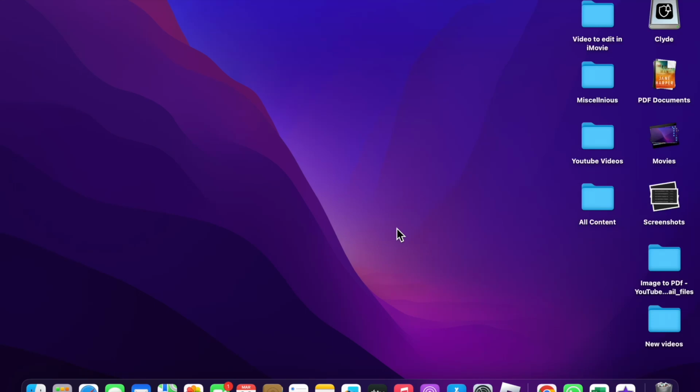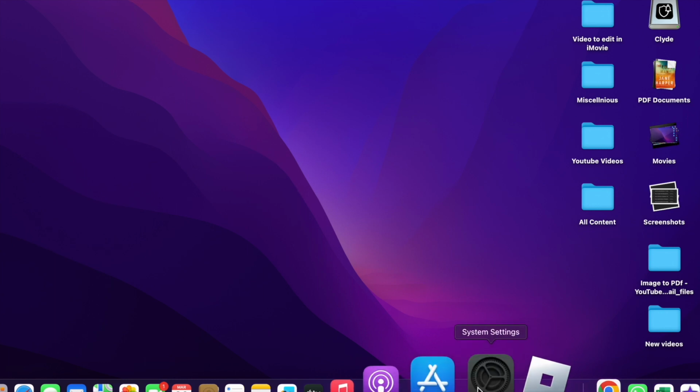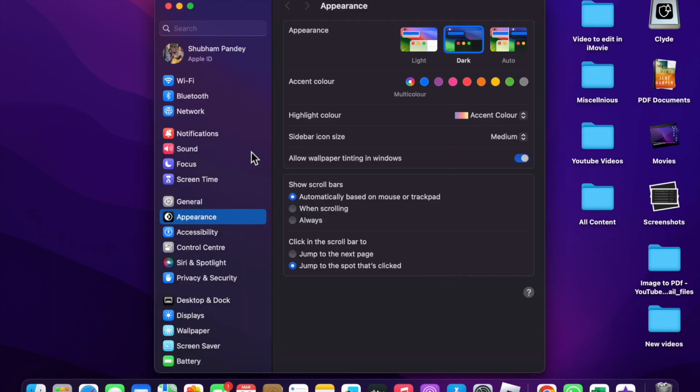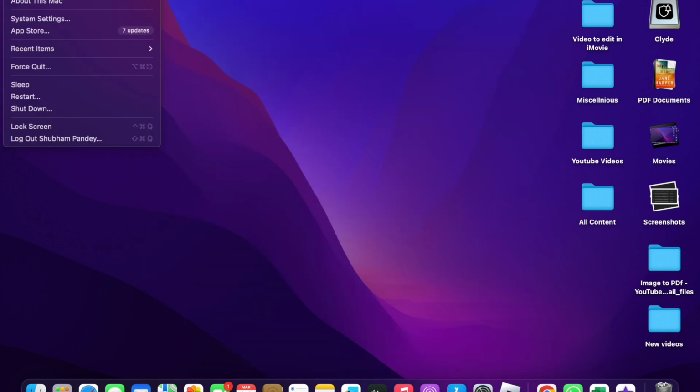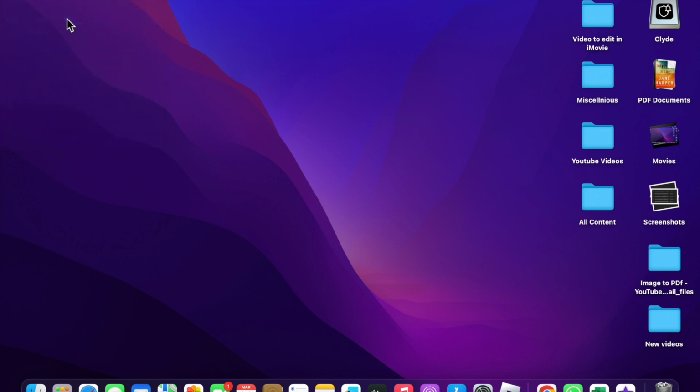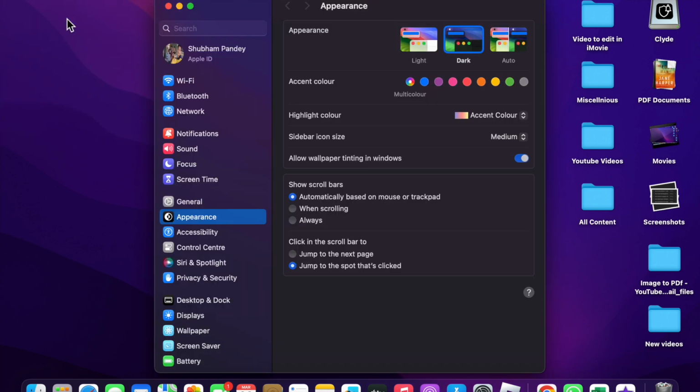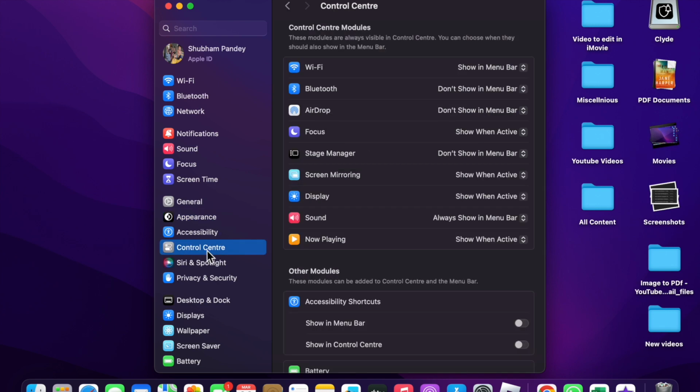In this video I am going to show you how to customize the menu bar in your MacBook. So if you want to customize these options, this is called the menu bar, and if you want to customize it, what you have to do first is go into System Settings. You can click here to go to System Settings, or you can also click here and just click on System Settings. Okay, now if you want to customize, here you will see the option Control Center. Click on it, and here